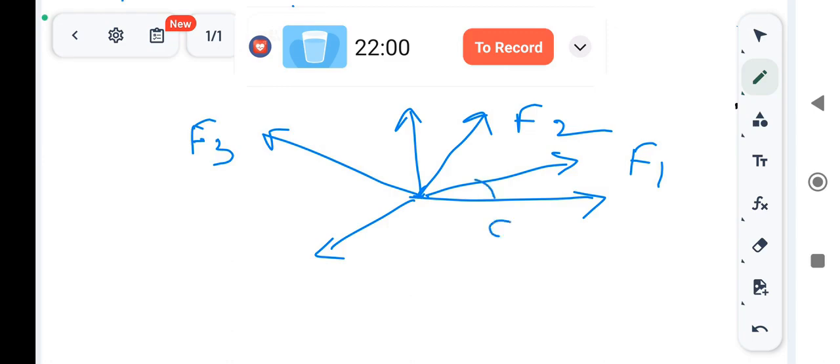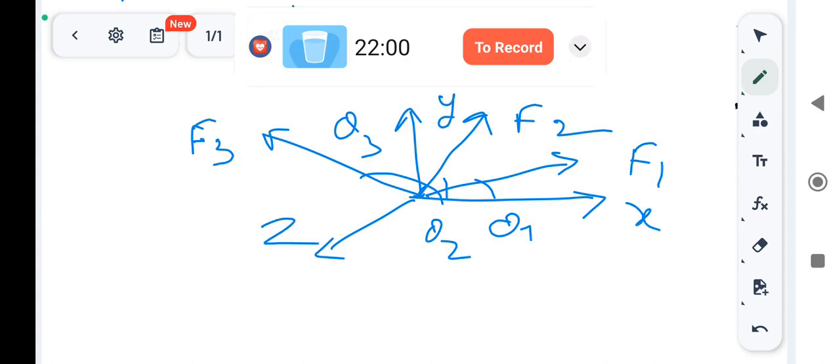Suppose this angle is θ1, θ2, and this angle is θ3 and so on. This is the x, y, and z direction. For equilibrium of the forces,